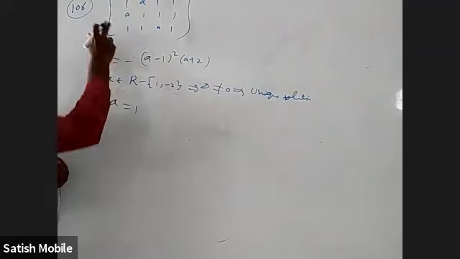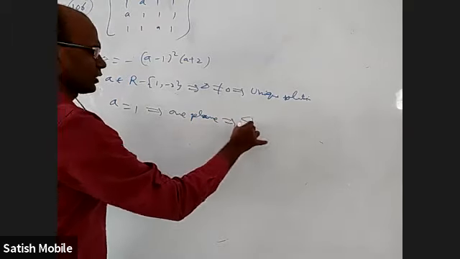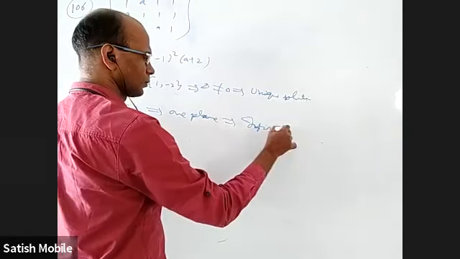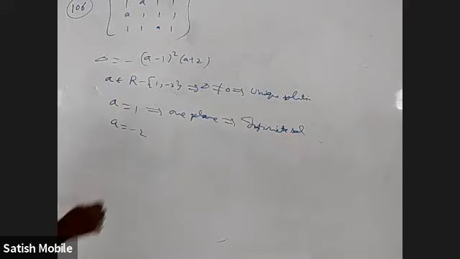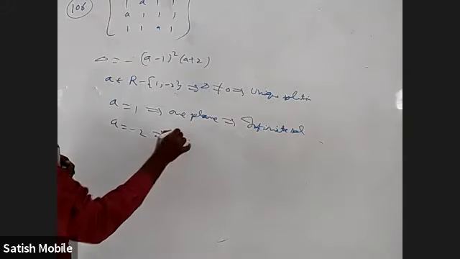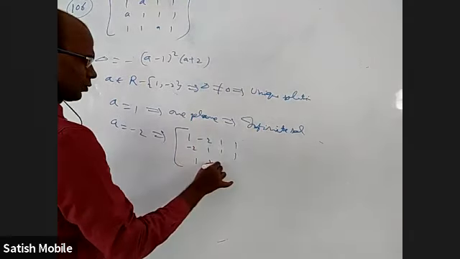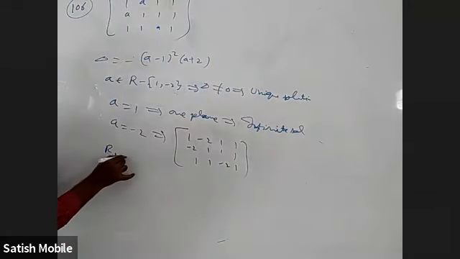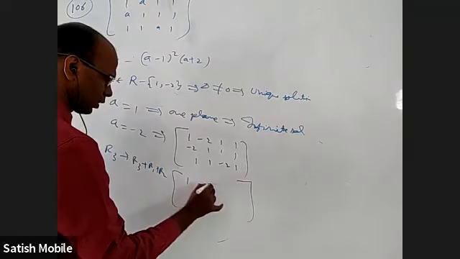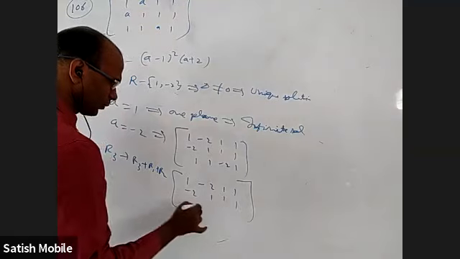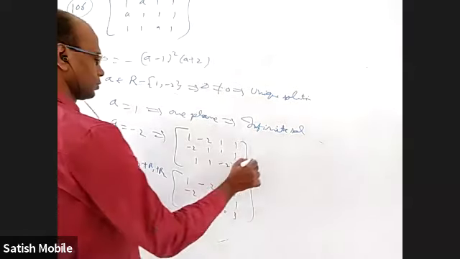If A equal to 1, you can easily see we'll have only one plane. All of them will become one plane, which is actually infinite solutions. And when A is equal to minus 2, then you will get no solution. Why? 1 minus 2, 1, 1, minus 2, 1, 1, 1, 1, 1, minus 2, 1. Add all the rows, see what happens. R3 as R3 plus R1 plus R2. You are going to get 1 minus 2, 1, 1, minus 2, 1, 1, 0, 0, 0, 3. That is no solution because you have a non-zero number here. So it is a no solution.